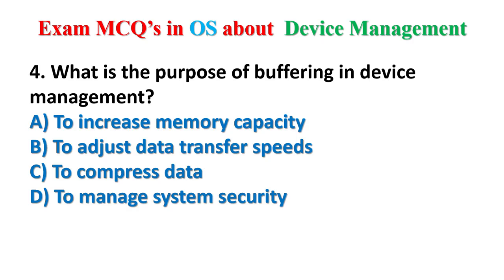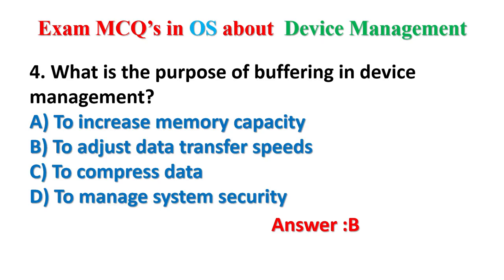4. What is the purpose of buffering in device management? A. To increase memory capacity. B. To adjust data transfer speed. C. To compress data. D. To manage system security. The purpose of buffering in device management is